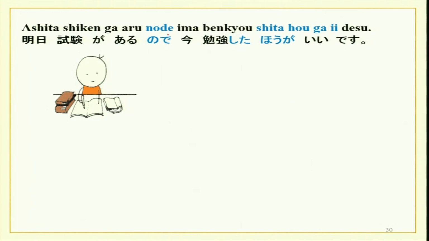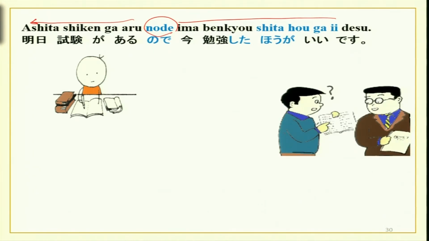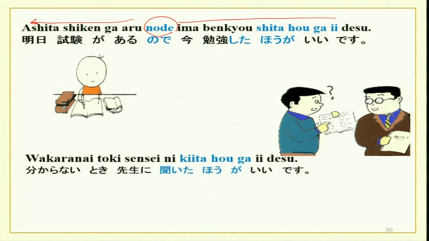Ashita shiken ga aru node, ima benkyou shita hoga ii desu. It is better to study now as you have a test tomorrow. Then look at this picture and see what he is doing. He is asking. So, wakaranai toki, when you do not know or do not understand,